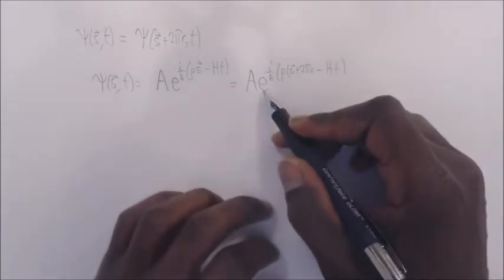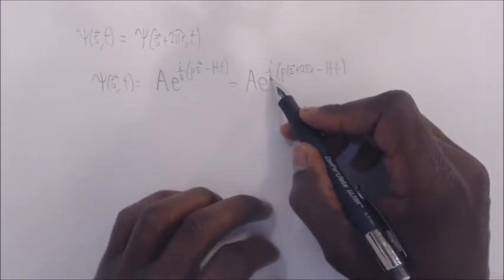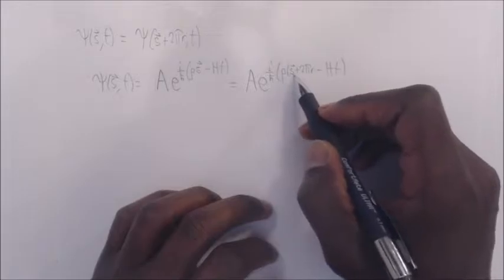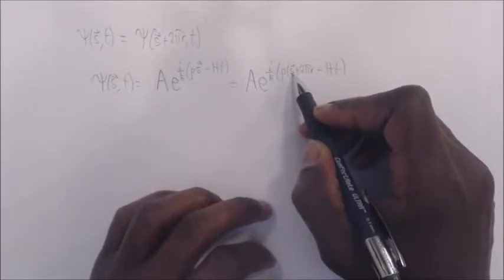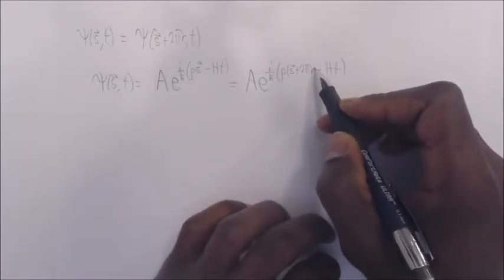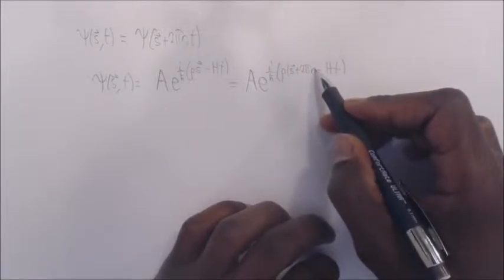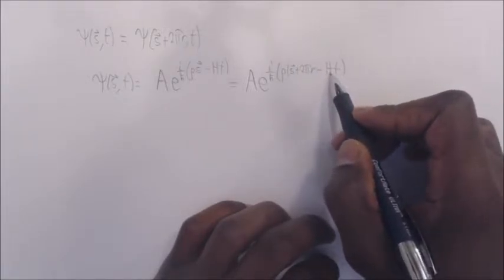And that's where h bar is the reduced Planck's constant, p is the magnitude of the momentum, s is the position, r is a radius from the nucleus, capital H is a Hamiltonian which acts like energy, and